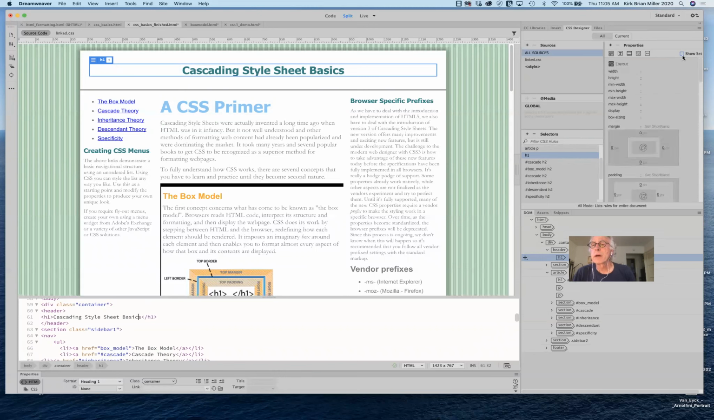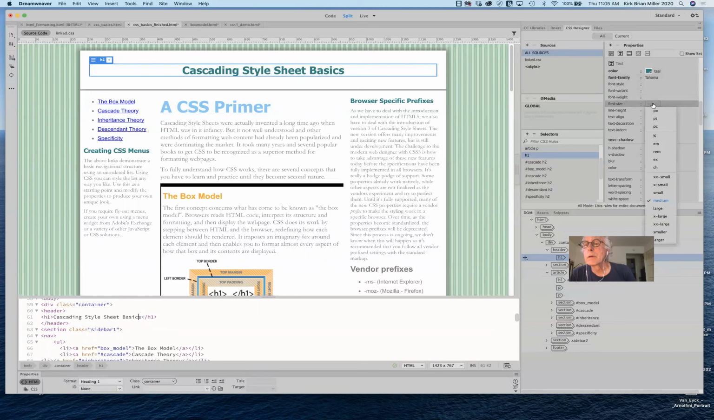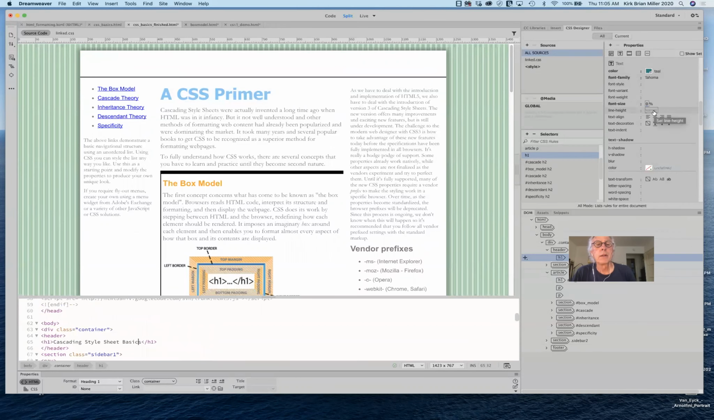So let me turn off set. Let me go to text. Let me go to font size. And let's go back in, right now it's set to medium. Let's go into percentage. And notice how that's a good sign. Notice how it disappeared. By default, it sets it at 0%. So if I put in 100%,